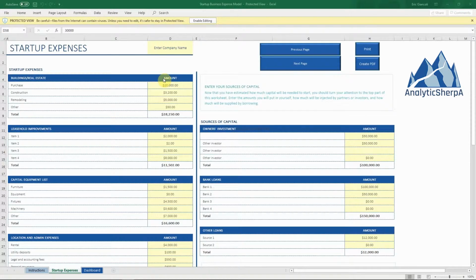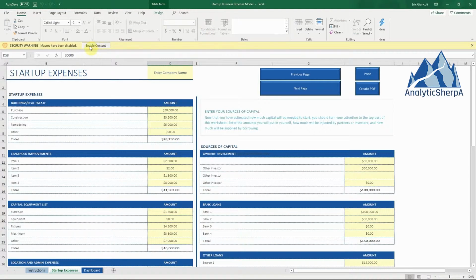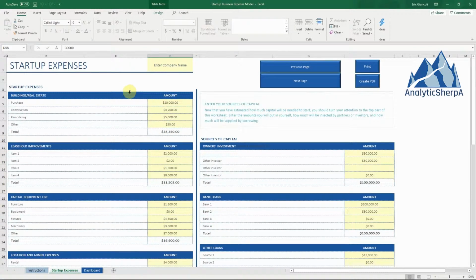Okay, welcome to the AnalyticSherpa Startup Business Expense Calculator. Now, the first thing you're going to want to do is enable editing. Make sure you do that. And then it's going to ask you to enable content. And this is going to get all the macros working. So enable the content and you're ready to go. Depending on the version of Excel that you're using, it might be pop-up boxes, but say enable editing, yes. Use macros, enable them, yes. Put in your company name,